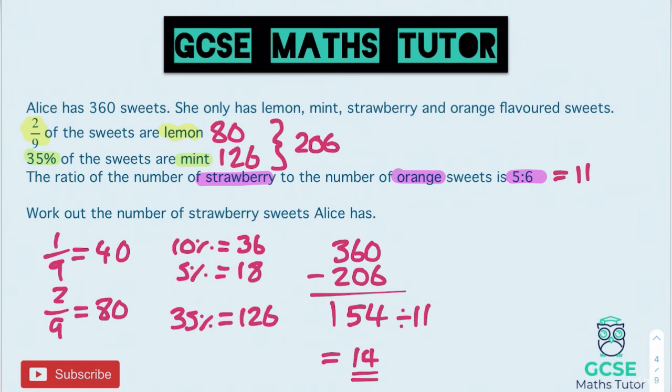So we get 14 in total. Now we have our last step here, which is to multiply the ratio. So we have strawberry and orange, which is again 5:6. And we want to multiply both of those by 14,